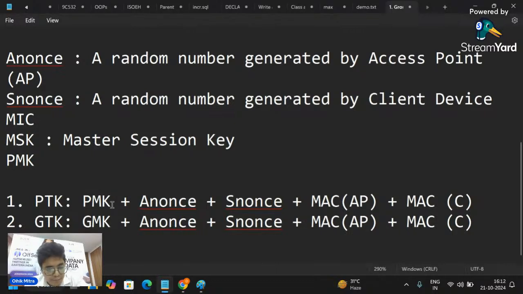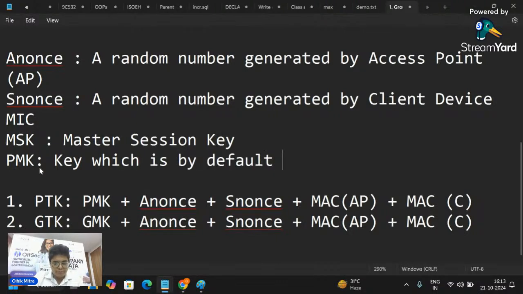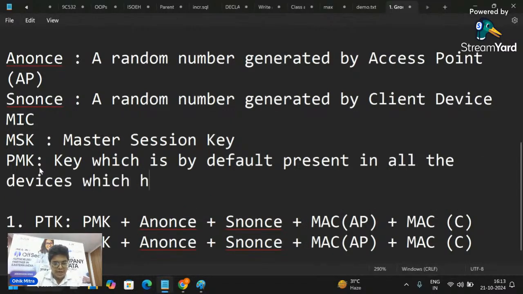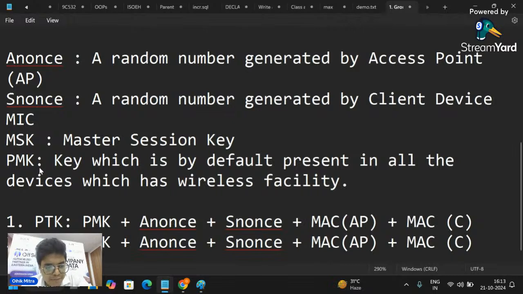Basically, these are nothing but keys which are by default present in all the devices which have wireless facility. That means devices which have wireless or Wi-Fi facility, be it mobile, be it laptop, be it desktop.